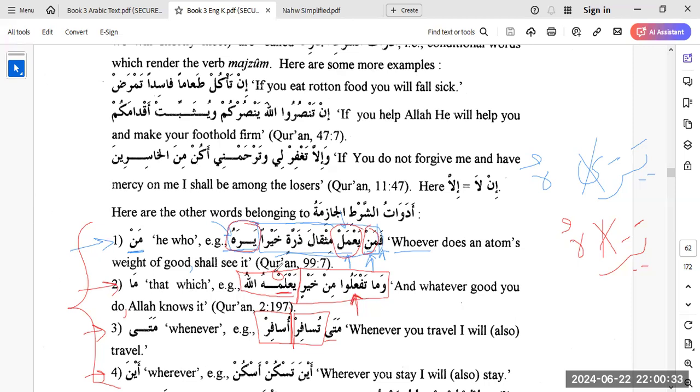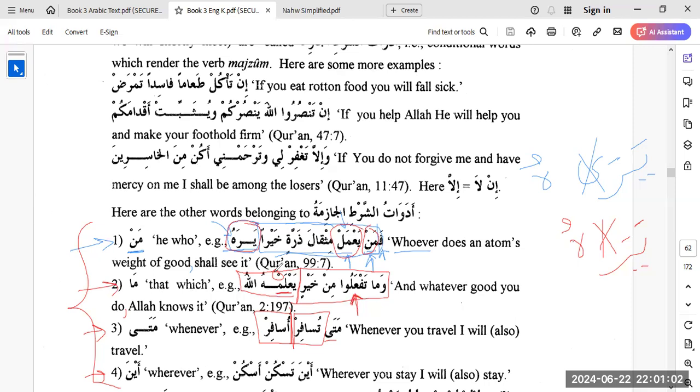All right. Ya'lamuhullah. Why is ya'lamu majzoom? Because it is the jawab shart. Right? These are all the sisters of in. Sisters of in will have a fi'l shart as majzoom and jawab shart as majzoom. All of them. And you see, in none of these we have a fa on jawab shart. Why? Because that fa, because the jawab shart here is a verbal sentence, and on a verbal sentence you do